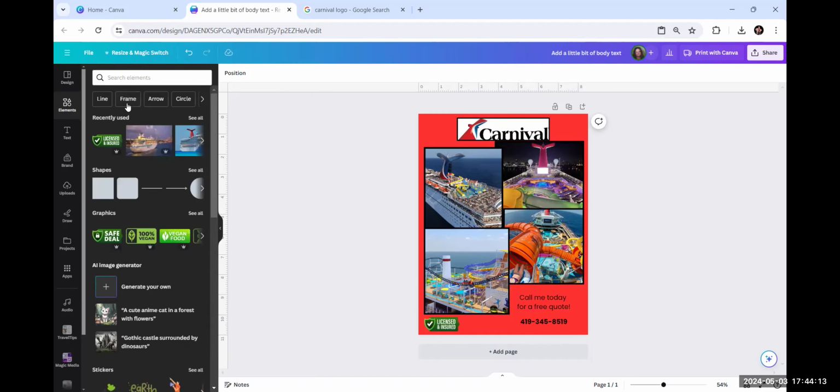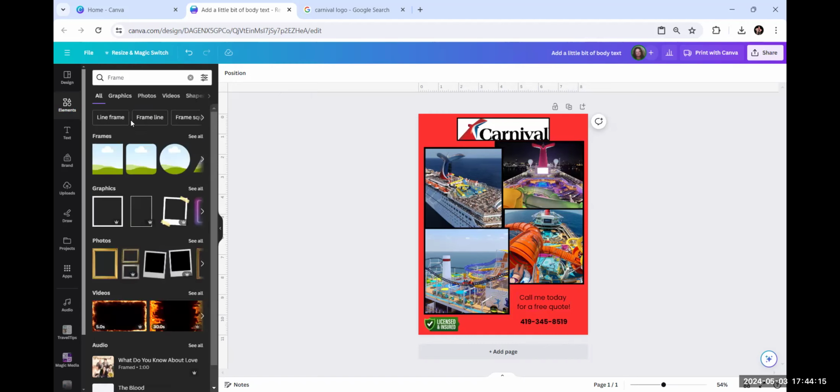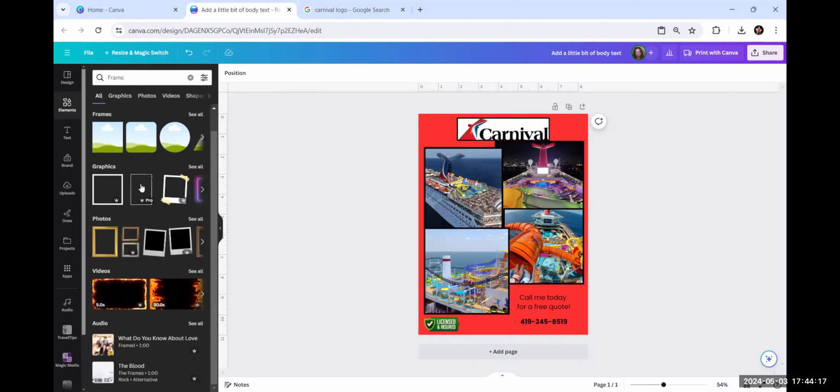Speaking of frames, they do have just an entire section of just frames. And then you can use all of these like photo frames and whatnot, graphics frames, and you can put those around if you wanted to get them to look just right. But that's just a regular old picture, very simple. Let's see. So I think I am